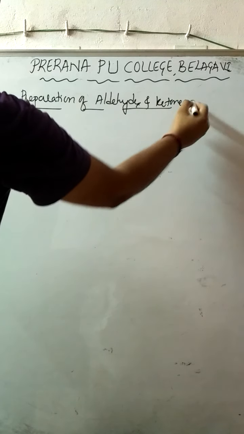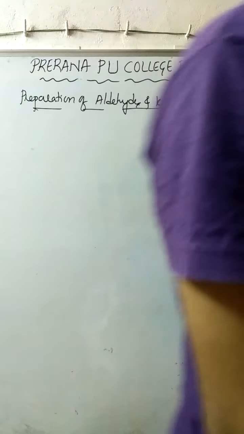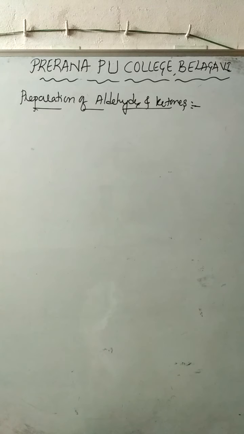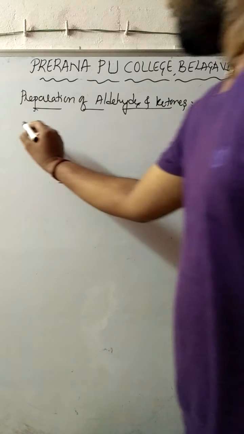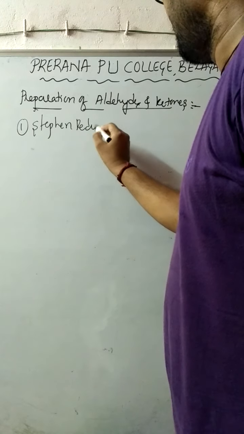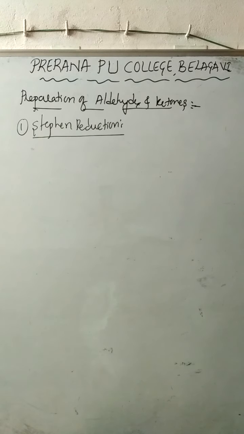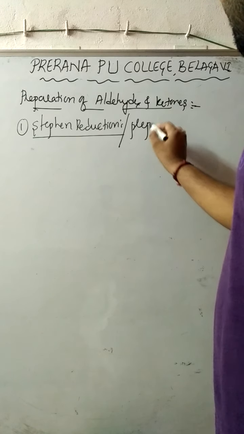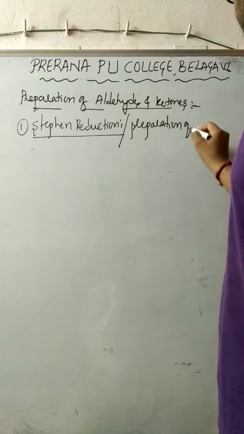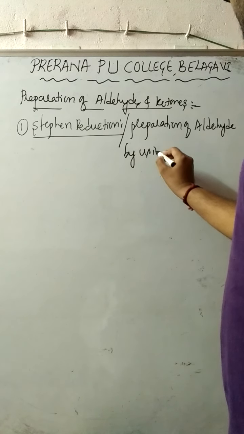Now a question comes. Last class we discussed this, so why the same topic? Here we are going to discuss some special reactions related to the preparation of aldehydes as well as ketones. Out of all these, the first and foremost important reaction is called Stephen reduction, which is again a named reaction. We can also call it preparation of aldehyde by using nitriles,